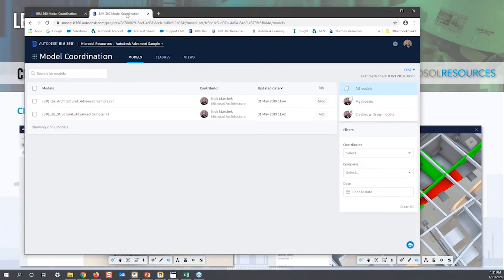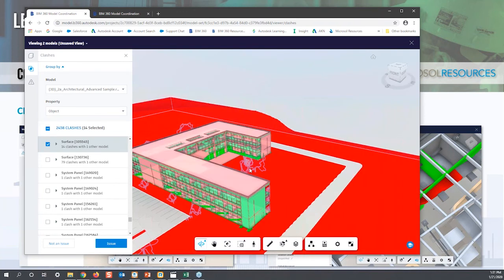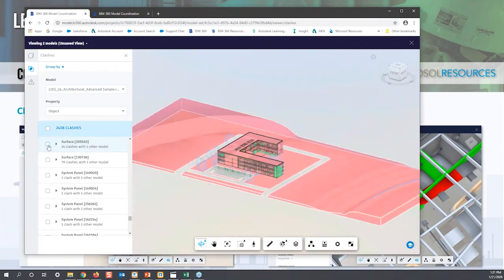So if you're in the BIM 360 website, this is what it looks like. We'll see a couple more slides like this. But basically, in the model coordination tab, here I have two models loaded up together. What I can do is select these and click on view. Now I'm not going to do this because I already have it loaded up in another tab. Once I click view, I'm going to get this result here with those two models combined to each other, and then everything color coded,